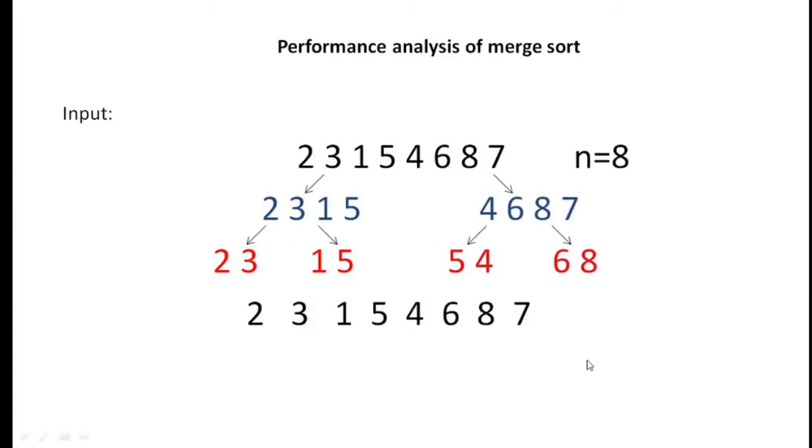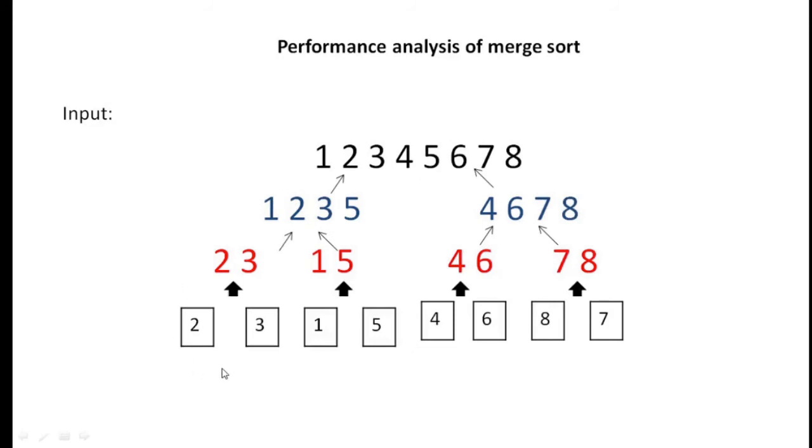So in dividing it will take some time, and in merging again it is going to take some time. So these are the elements that we got after dividing, and we have to merge them. To merge this, we will compare 2 and 3, whichever is smaller, put that here, and after that the bigger one will come. And then in the same way we do it for all of the lists.